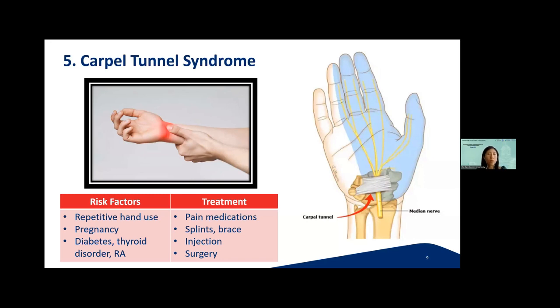Patients who are at increased risk of this condition include those who use their hands repetitively, again, those with certain medical conditions like diabetes, thyroid disorders, or rheumatoid arthritis, or even in a state of pregnancy. Therefore, the aim is to reduce the pressure on the nerve, and initially one may try splints, or avoid the triggers that you know may result in this, such as sleeping in a wrong position, if you can recognize that particular sleep position that's causing the numbness in the morning, failing which one can consider injections or surgery.